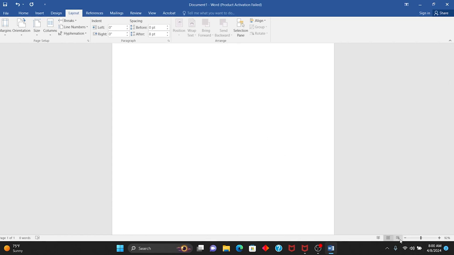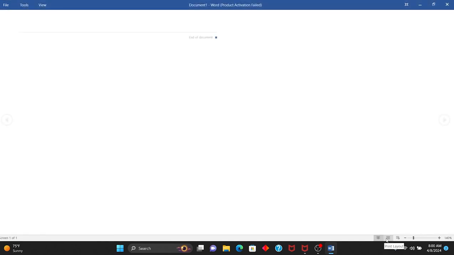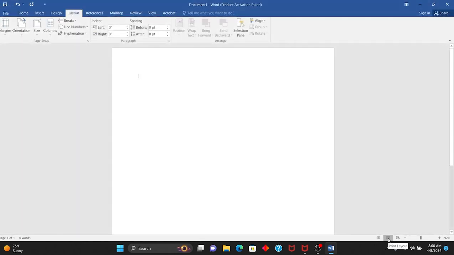And then under this place you can see different kinds of views. We have web layout, we have print layout, which by default is where your document is going to appear. And then we have read only. All of them have different kinds of view. Web is for graphics, for websites and all of that. And then this is for printable paper, which is your document. And this is just when you want to read without editing or doing anything. All right, so that's about